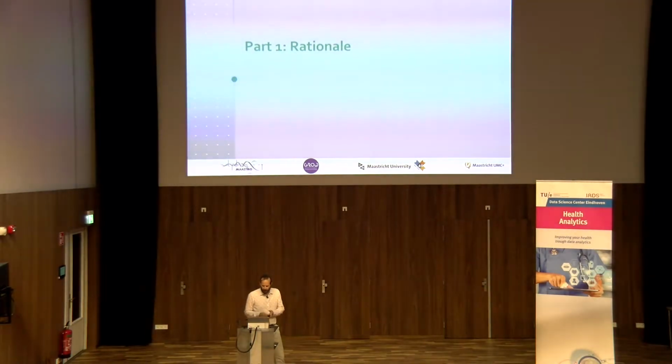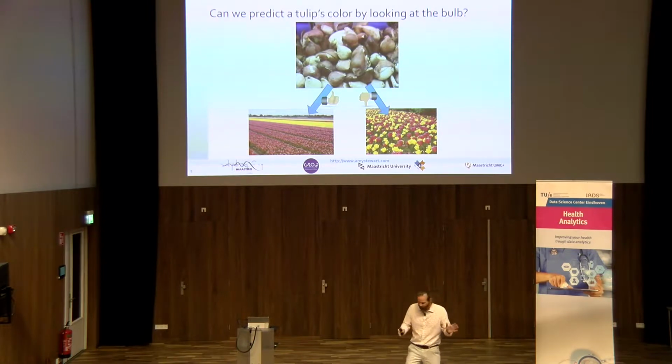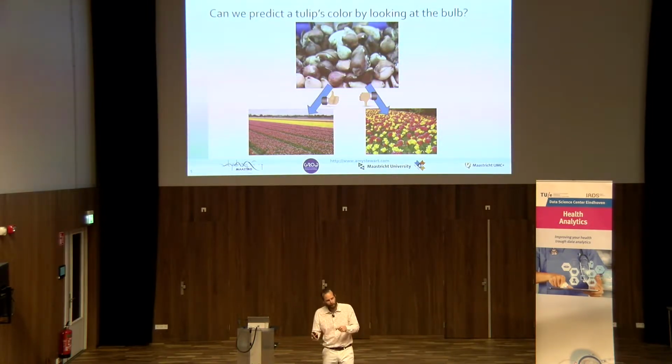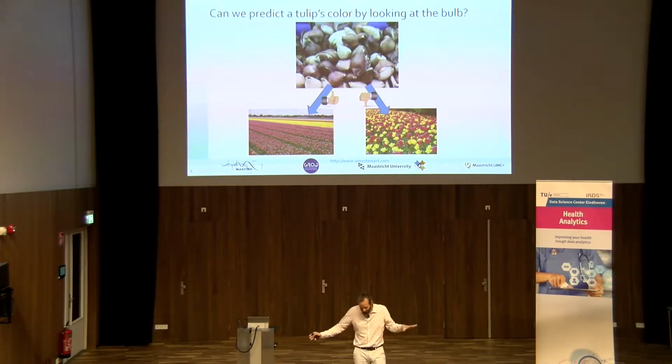So the rationale. I explain the problem of predictions in medicine with tulips, because we live in Holland, right? Of course, we don't have tulips in Eindhoven nor in Maastricht, but nobody knows this. So they think we all have tulips, and that's good. Suppose you are a tulip farmer in Holland, and you've bought 2 crates of tulips. A pink crate of tulips and a yellow crate of tulip bulbs. But the problem with tulip bulbs is you can't see what color they become, right? So you can't see on the bulb. But you have those 2 colors, and as a farmer, you want your field to look like that.